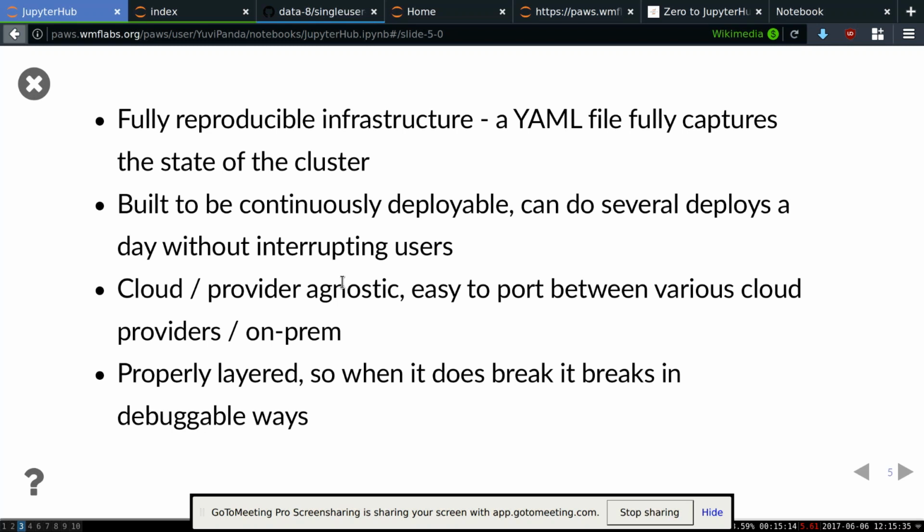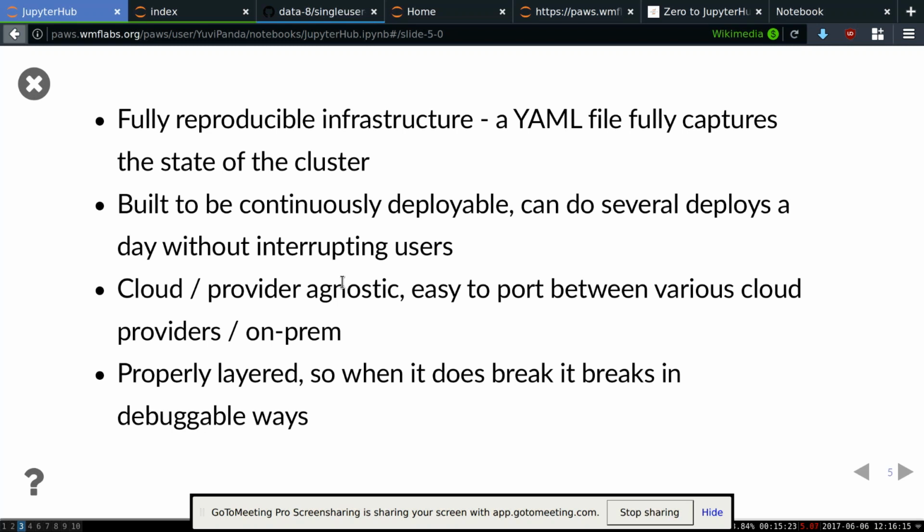So, we keep these YAML files in a Git repository, so we can also do other things with it. Like if we make a change and then it's like, oh, this is actually screwed up, we can easily revert, because you just revert the state of the Git repository and then you do deploy again, and it works fine. This lets us do continuous deployments. So earlier, like, oh, I need a new library in this environment, or we need to give people more memory, it might take, oh, we'll take down this cluster on the Sunday and then redo it. It's not an easy operation, but because it's fully reproducible, we